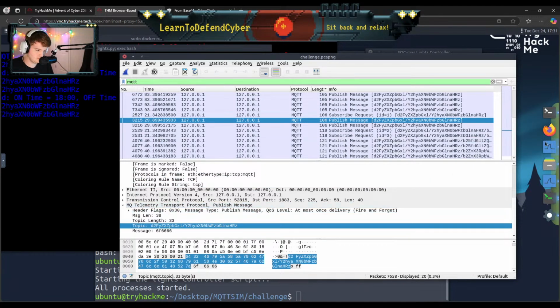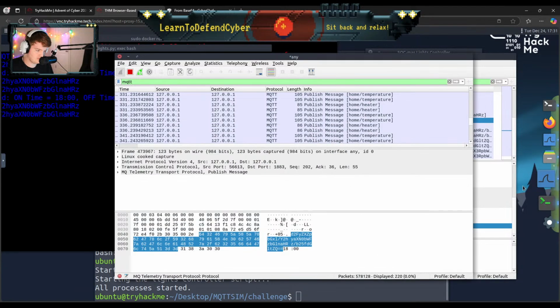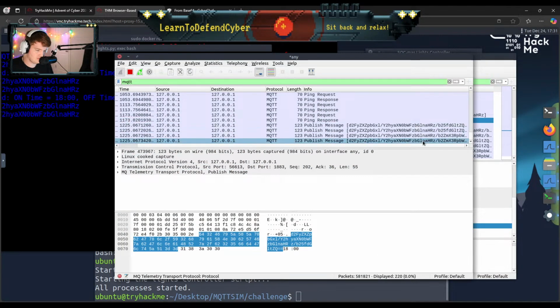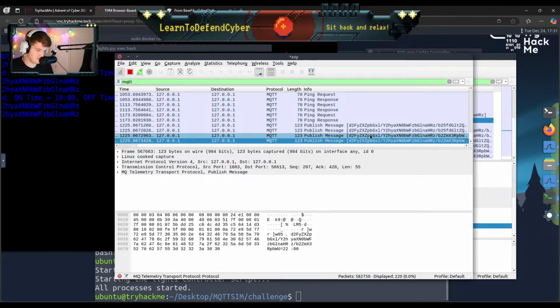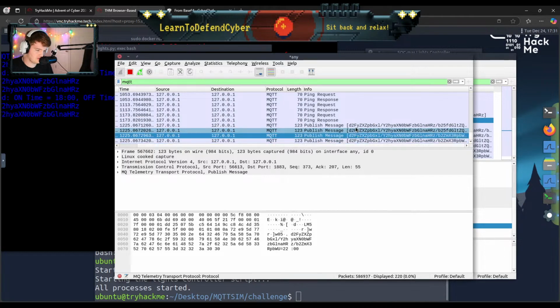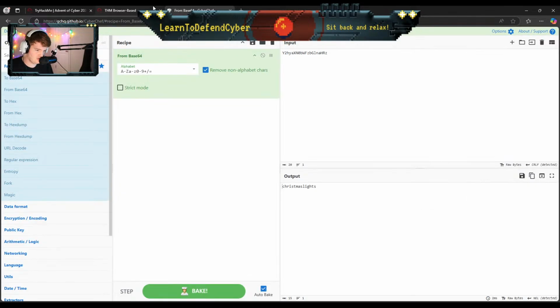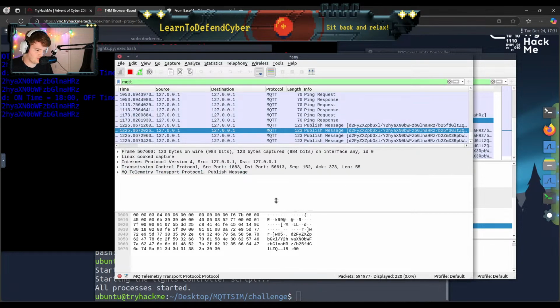What happened in our Wireshark instance? Did it do anything? No, we didn't get any new traffic. Do we have to copy it exactly as it's shown here? Maybe decoding it from base64 wasn't correct?